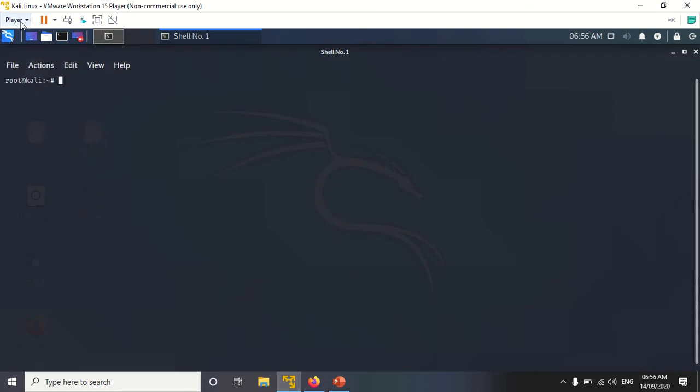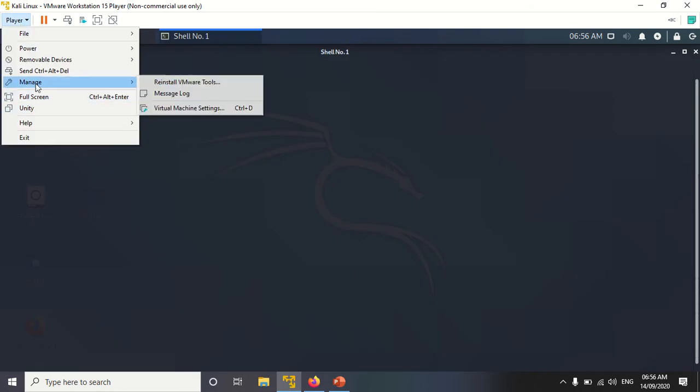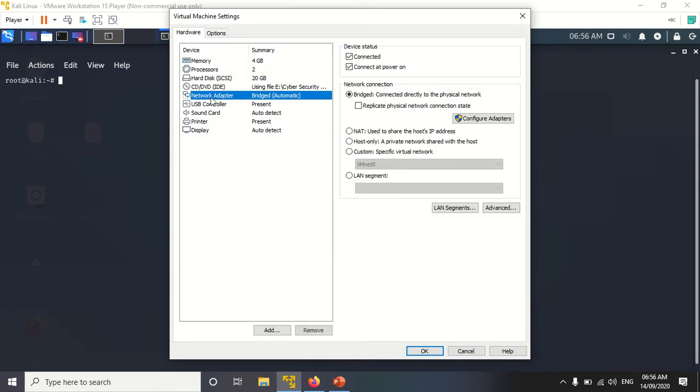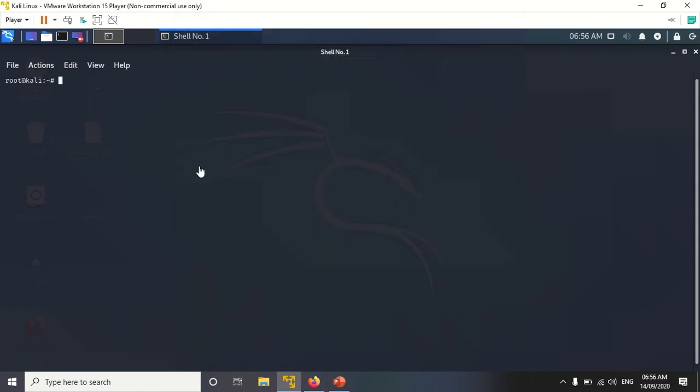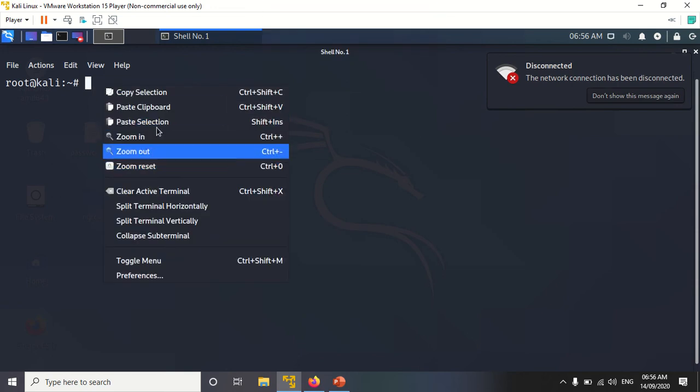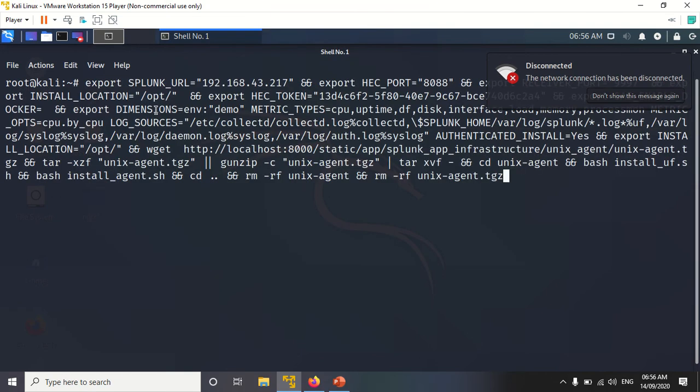Once again, open this terminal, go to this setting, manage virtual machine settings, and network adapter. I'm going to select NAT adapter. Okay, and then paste clipboard.